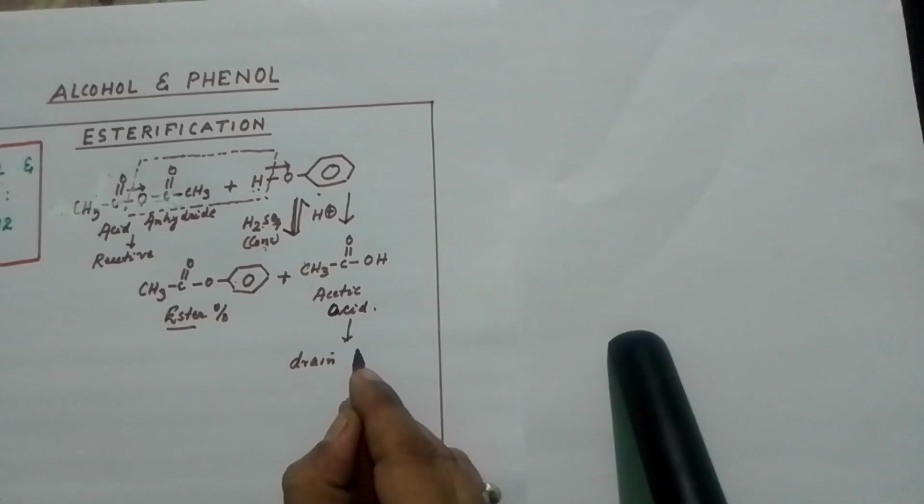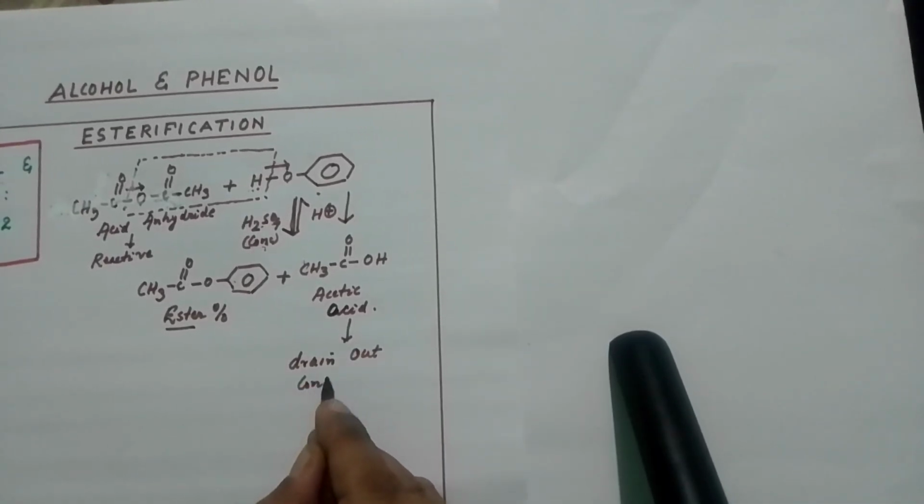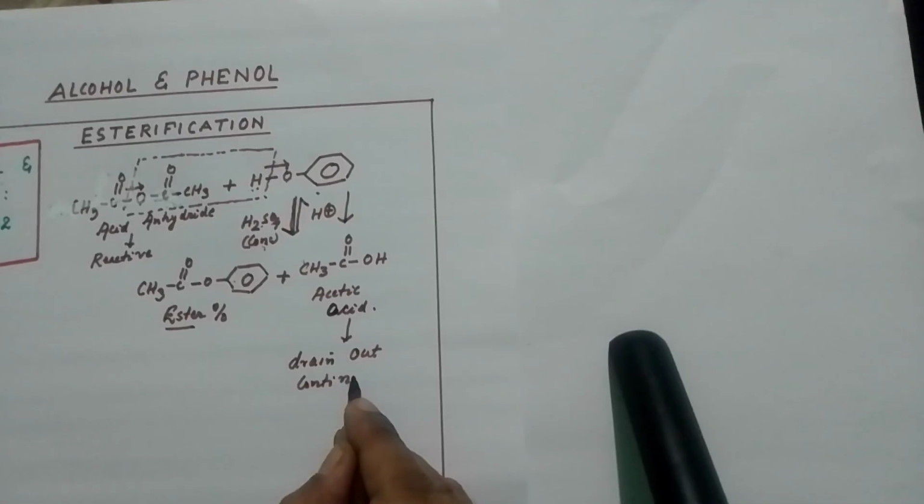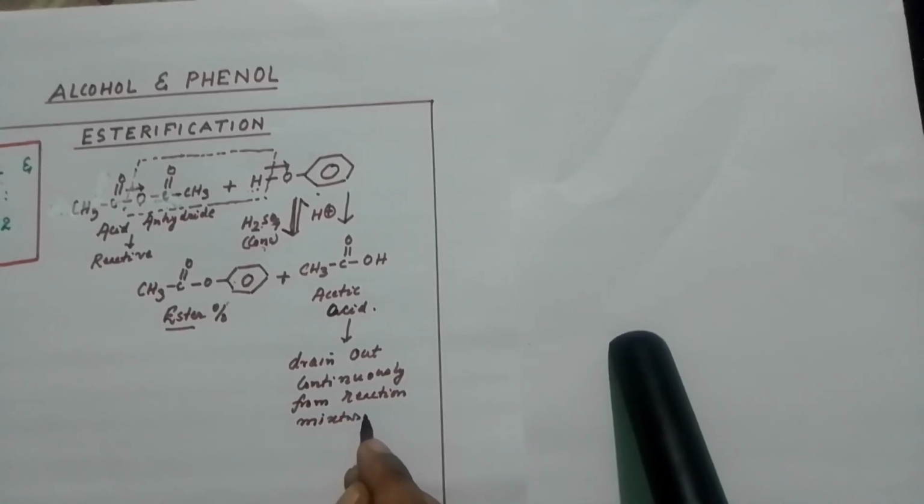You have to drain it out continuously from the reaction mixture. Otherwise, this will reverse the reaction mixture. Okay. So the first point that we have to remember, let's write NB: